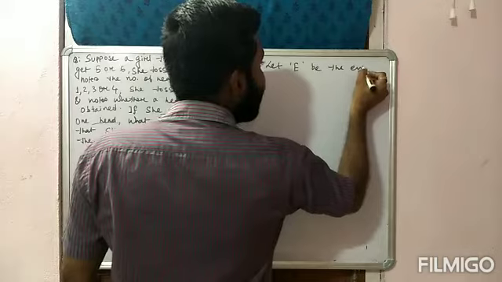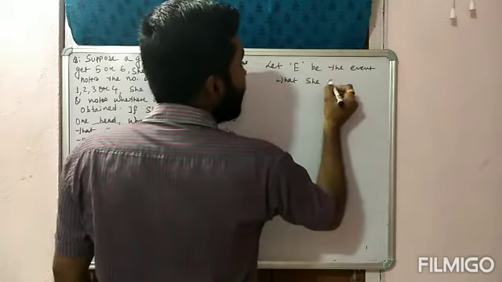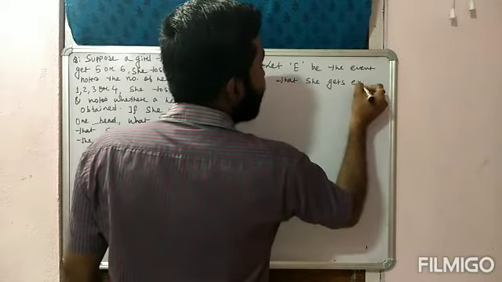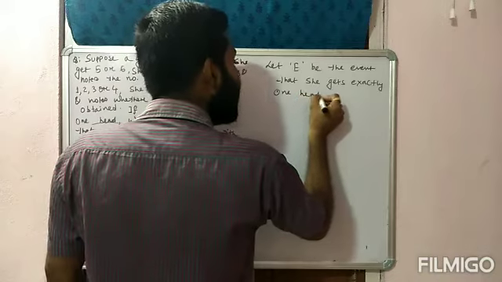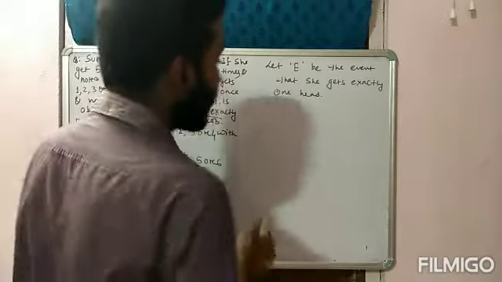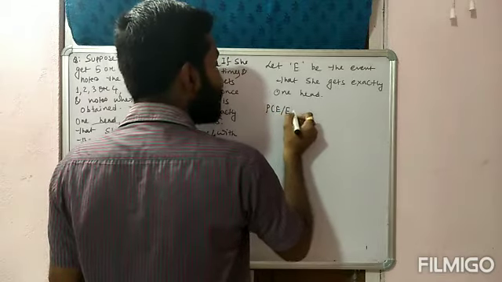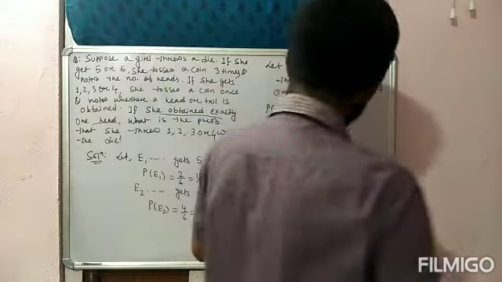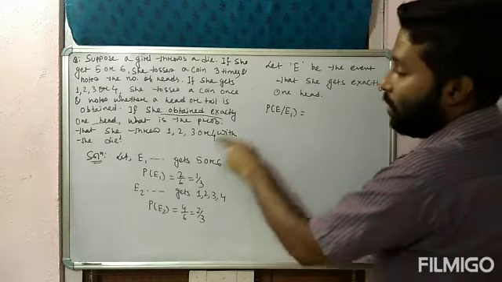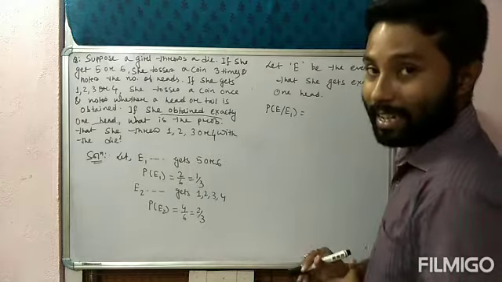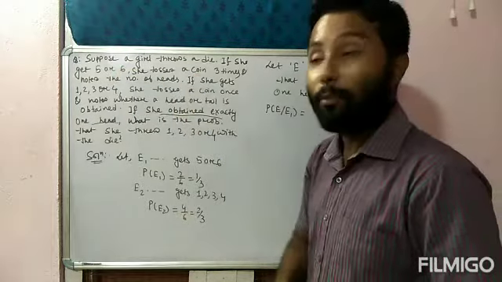Let E be the event that she gets exactly one head. Exactly one head. This is event E. Okay. Now you have to find out probability of E slash E1 as well as E slash E2. Now for this, probability of E means getting exactly one head. E1 means when she gets 5 or 6 with the die. But if she gets 5 or 6 with the die, then the girl tosses a coin how many times? 3 times.